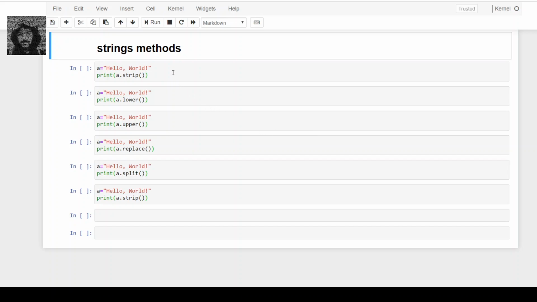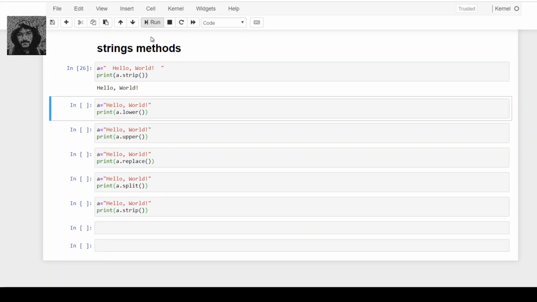First, the strip method. This removes white space from the beginning or the end of a string. Now see, I will add white space over here and over here. Now we will see the result. There is no white space from start to end. Okay, now moving on to the next